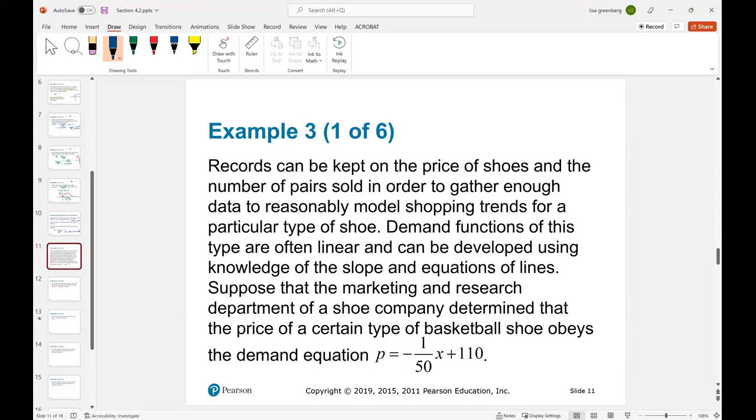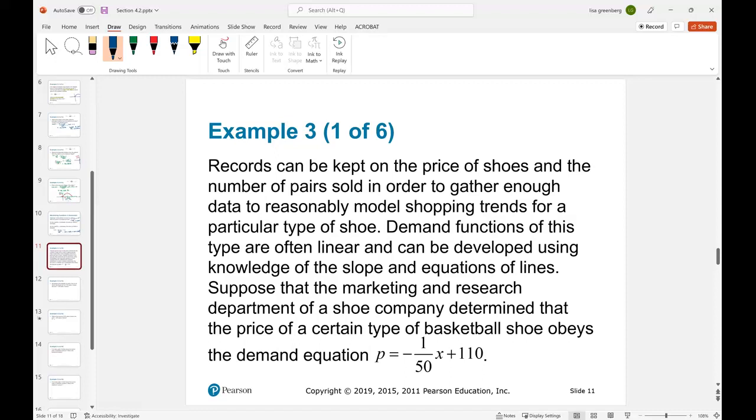Okay, so let's do an example. It says records can be kept on the price of shoes and the number of pairs sold in order to gather enough data to reasonably model shopping trends for a particular type of shoe. Demand functions of this type are often linear and can be developed using knowledge of the slope and equations of lines. So suppose the marketing and research department of a shoe company determined that the price of a certain type of basketball shoe